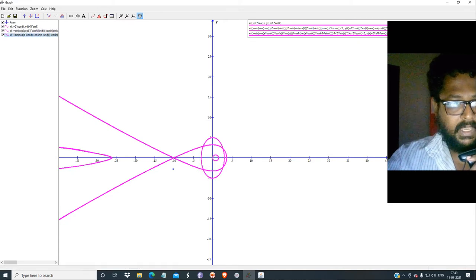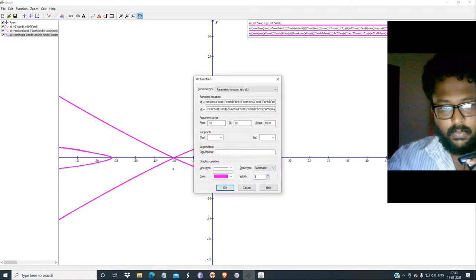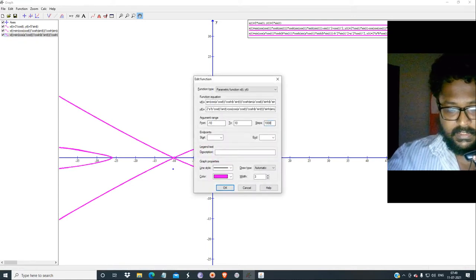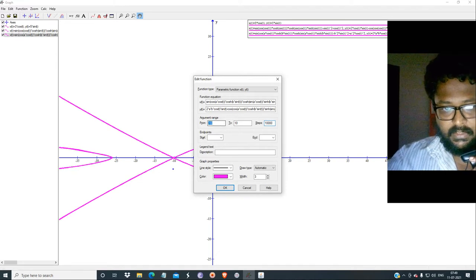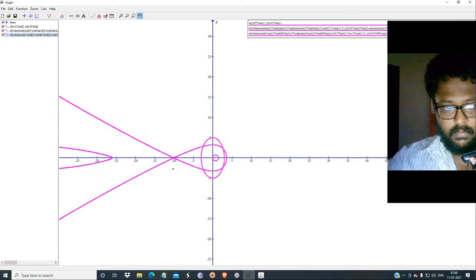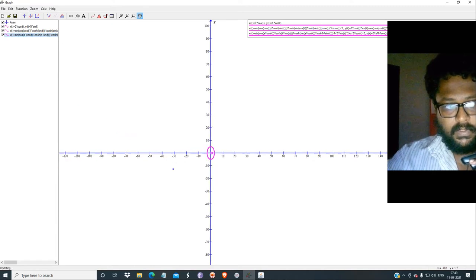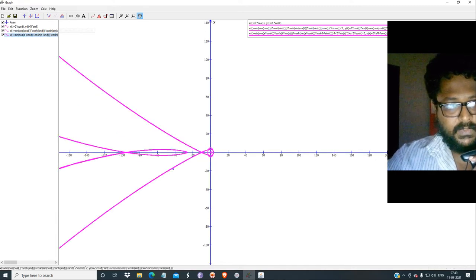For example, we have to give some details on this. So I am just going here. Let us increase the step size to 10,000, and 0 to, suppose, 50 is enough. So this becomes like this.